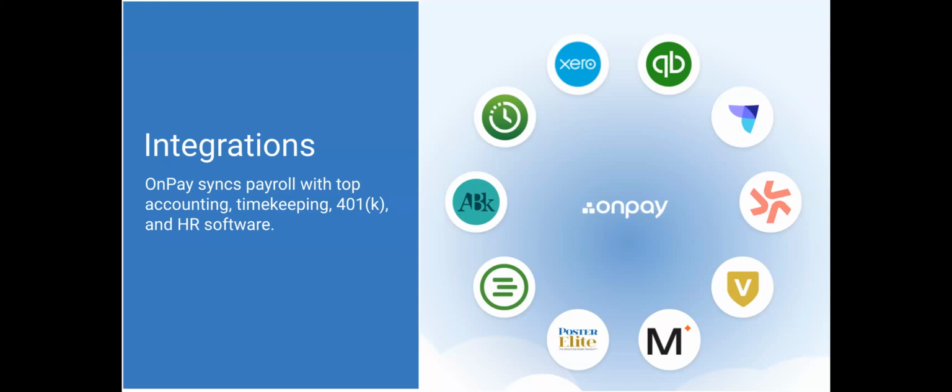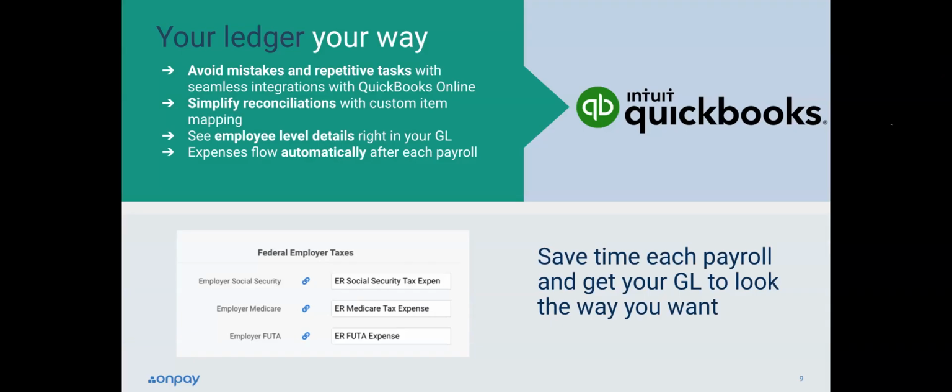Exactly. Now let's take a look at integrations. Jessica, floor is yours. Yeah, thanks. So it makes sense in a perfect world to centralize your operations. You want your time and attendance system to talk to your payroll system, and in turn, those expenses flow right into your accounting platform, right? That creates as little work for you guys as possible, and just streamlines your day-to-day operations. So we saw how OnPay can send over the payroll expenses to QuickBooks Online as soon as you hit the approve button. Now let's take it back a step.